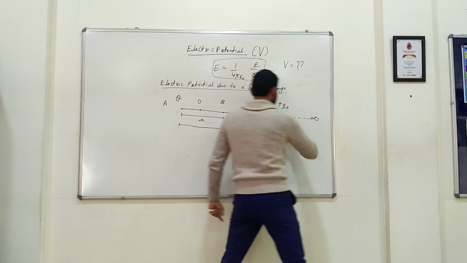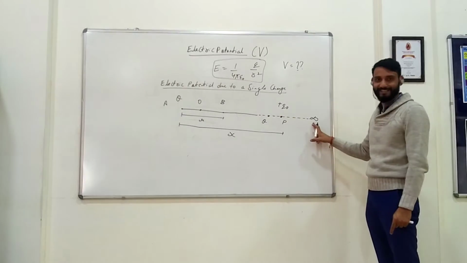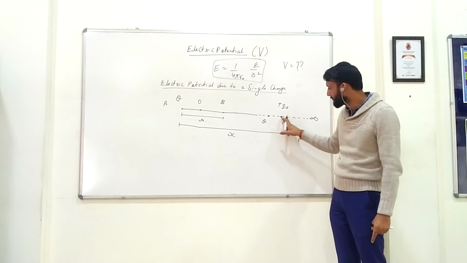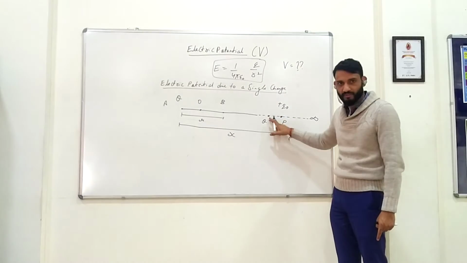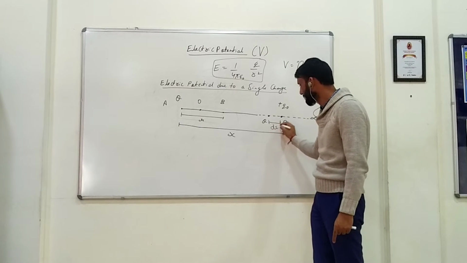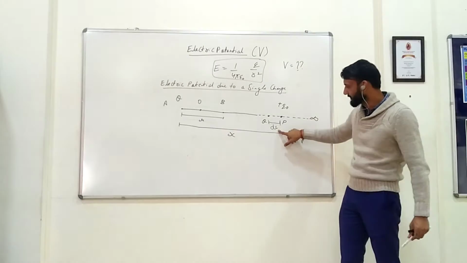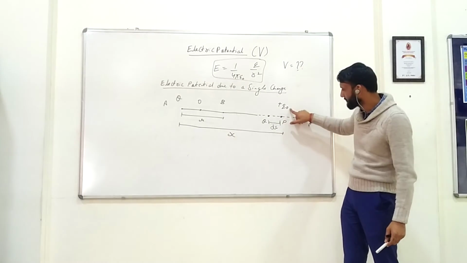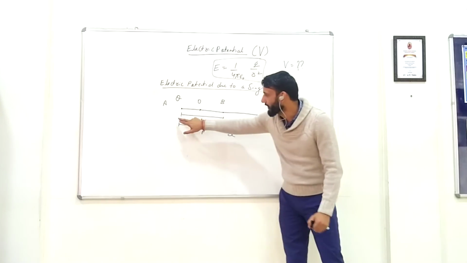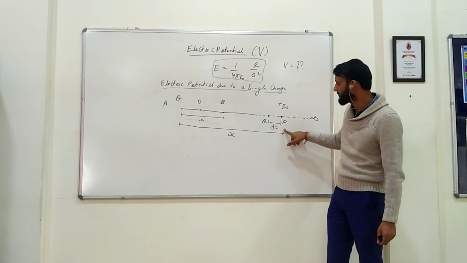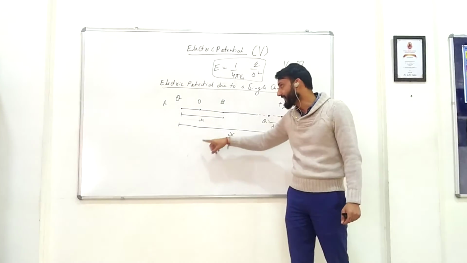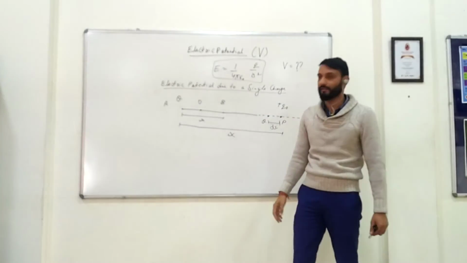When we are bringing this unit positive test charge from infinity, we bring it first to point P, and then we bring it to Q. A small displacement takes place when we bring it from P to Q, and that is dx. dx is the small displacement when we bring this unit positive test charge from P to Q, and x is the distance from the charge to point P. R is the region where the electric field of this charge can be experienced, right?